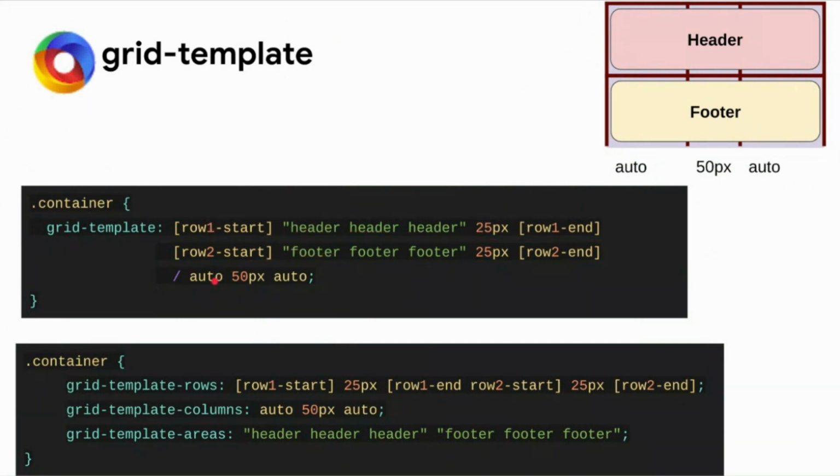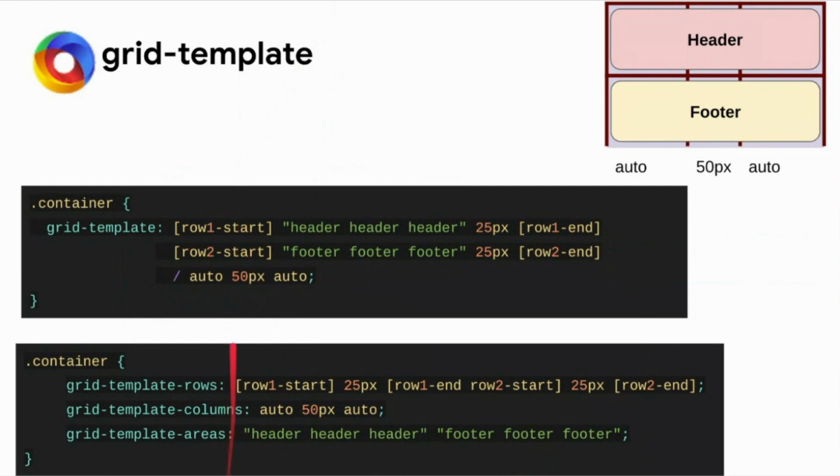Now it's the turn for grid columns. So here we can write the number of columns and the size we want. We can write auto 50 auto, or we can write some other name for the column, and things would continue. So like that we can write a grid template, which is a mixture of grid columns, rows, and areas. Till here, any doubt?